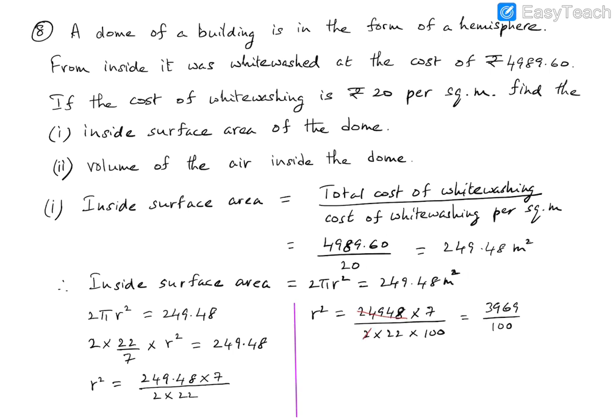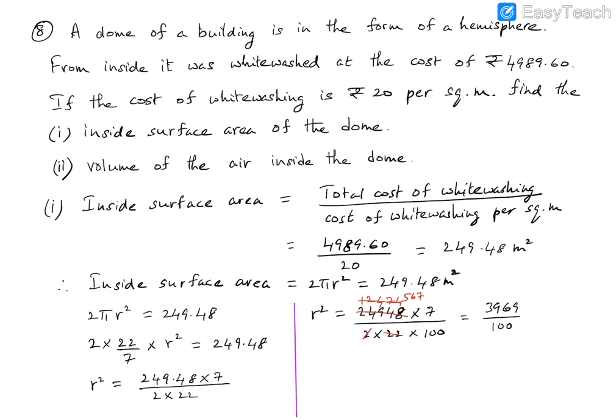So the 2 here goes into this 1, 2, 4, 7, 4 times, and then we can have the 22 going into 1, 2, 4, 7, 4. How many times? When we divide 1, 2, 4, 7, 4 by 22, we will get 567. So 567 into 7 is 3969, and then we have the 100 in the denominator, so we get 3969 by 100. Now the 3969 divided by 100 is equal to the square of the radius, so that's equal to r